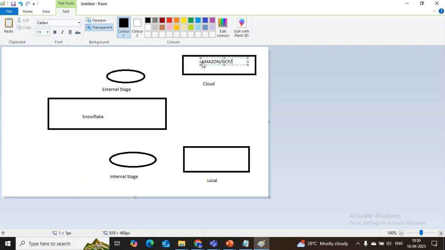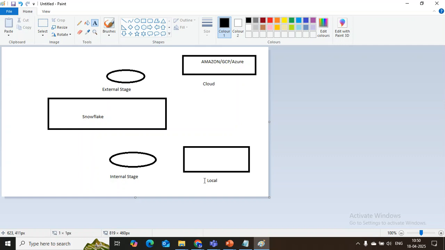सो अमेजन, जीसीपी और अजूर। ओके, अब तो देखो क्या होता है, अगर स्नोफ्लैक को डेटा लेना है, तो हम दो तरह से डेटा को ले सकते हैं, ठीक है। अगर हमारे लोकल सिस्टम से करना होगा, तो डेटा